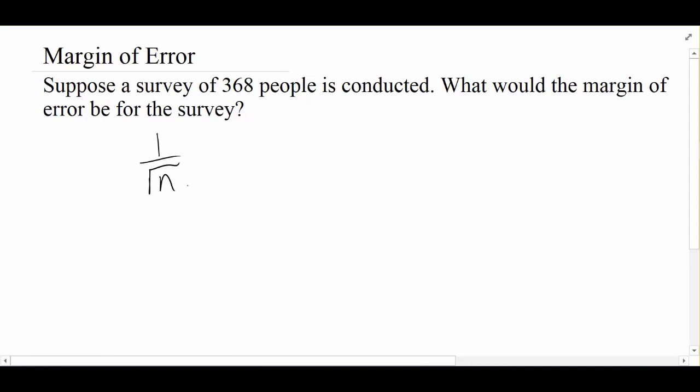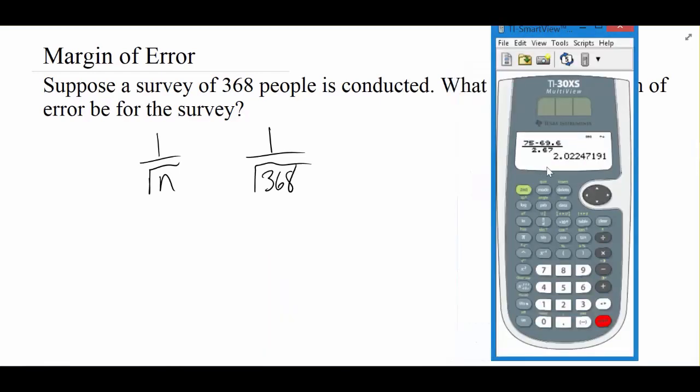Now this is going to give you a value as a decimal, and so if we want to turn that into a percent, we're going to multiply that by 100, and that's what was mentioned in the learning module. So as far as the actual calculation, it should be very simple. In this case, our sample size was 368, so it's 1 over the square root of 368. If we grab out our calculators and I do a fraction of 1 over, square root is second and then this x squared, and then we do 368. So yeah, we get this value.